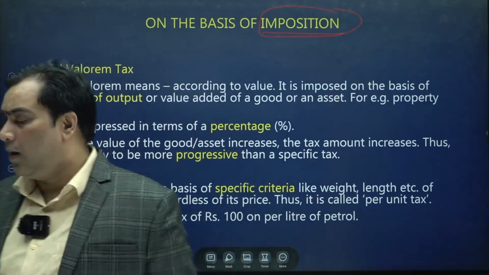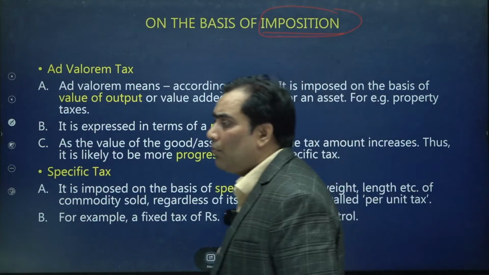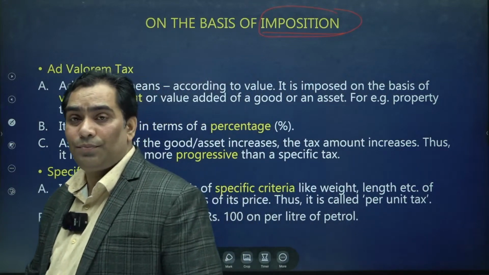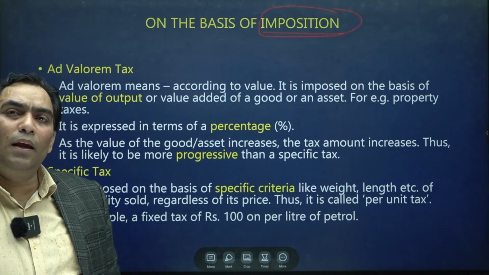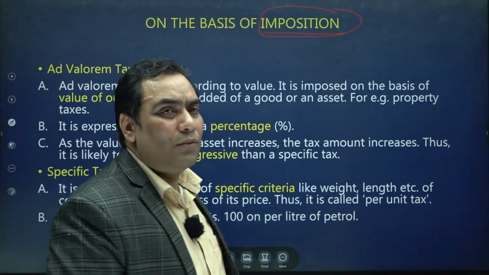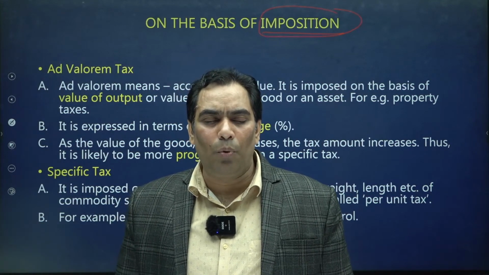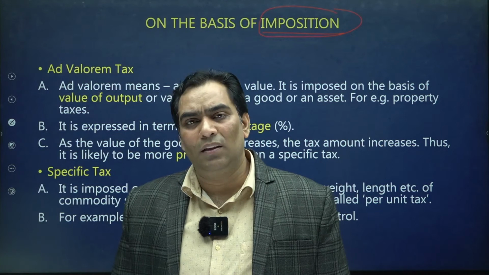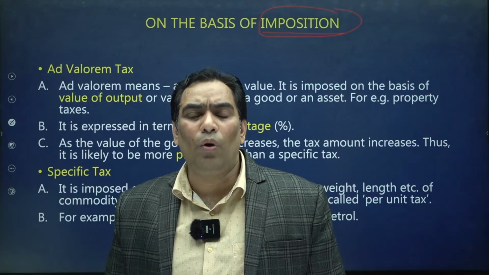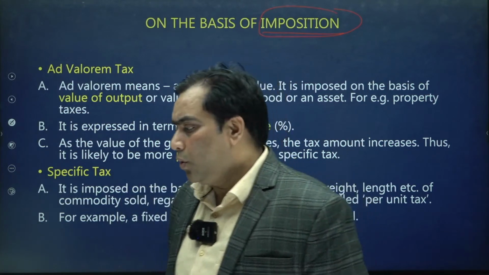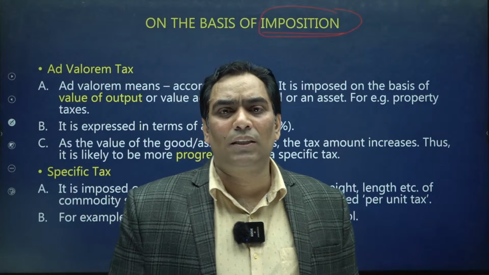Then we are going to proceed further, and we are going to discuss the categorization of taxes on the basis of imposition. On what basis is it being imposed? Whether it is being imposed on the basis of value of goods or services, or it is being imposed on specific criteria, that may be length, weight, per liter, per kilogram, whatever it may be, volume. So on the basis of imposition, that is, on what basis it is being imposed, the taxes can be categorized